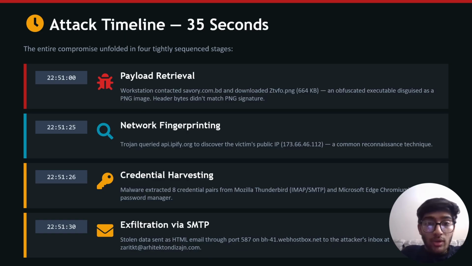Now let's look at how the attack actually unfolded. What is remarkable is that the entire compromise took roughly 35 seconds across 4 stages. First was the payload retrieval phase. The infected workstation contacted the domain